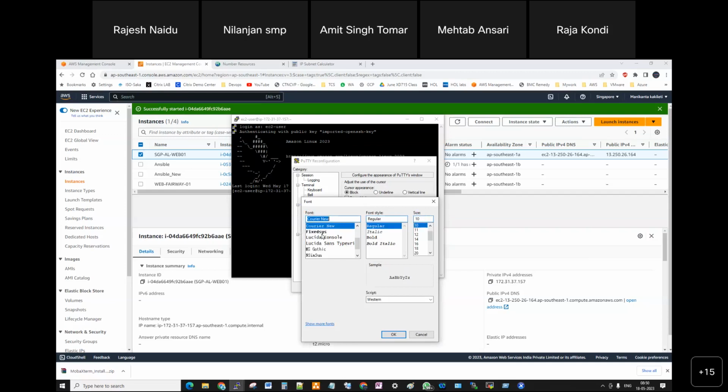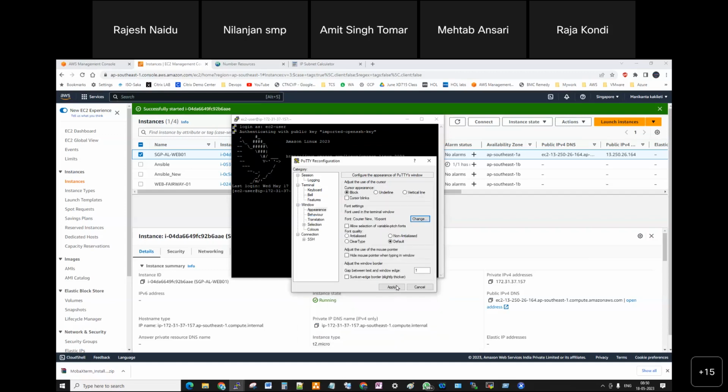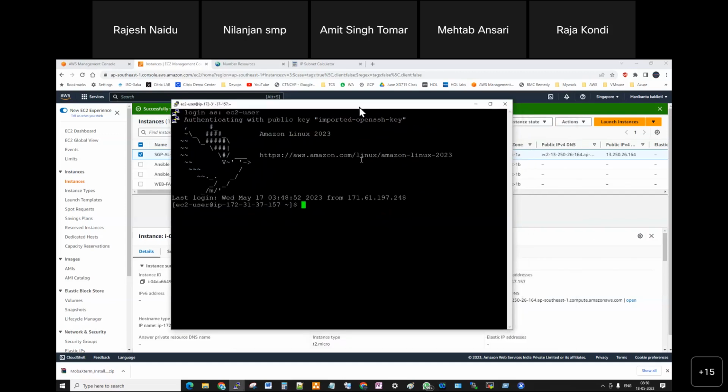Now here you can change the font type, font style, font size. That's your wish. I'm going to increase the font size up to 16. Click OK, apply. That's it. Now the font size is successfully increased.